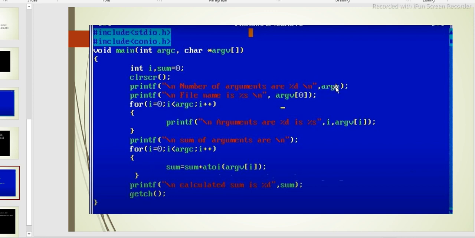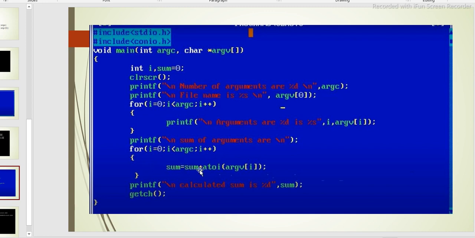I give 10 values, 0 is less than 10, true, increment operator. Give the values 1 2 3 4 5 6 up to 10. The number of arguments is totally 11: the file name and 10 numbers, so the number of arguments is 11.